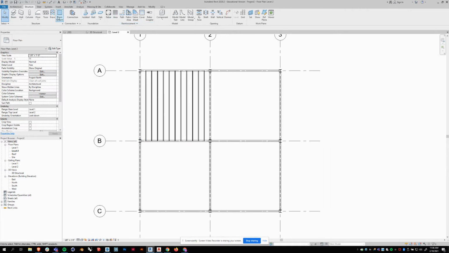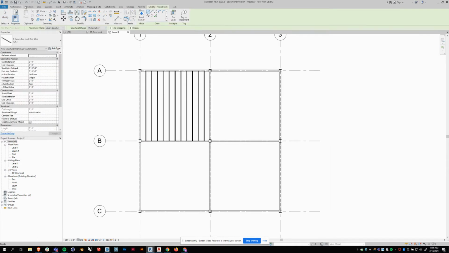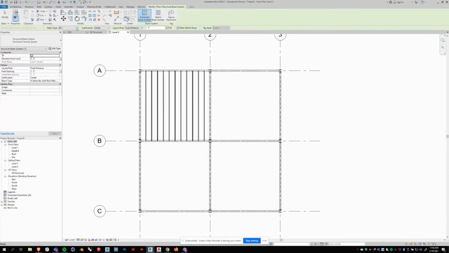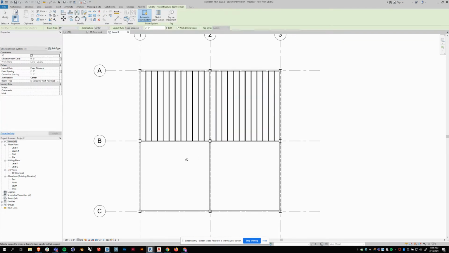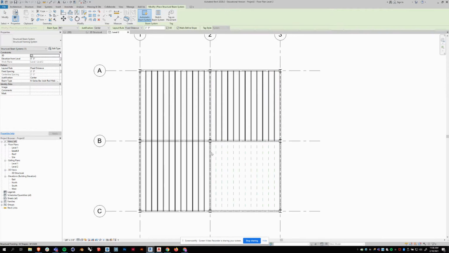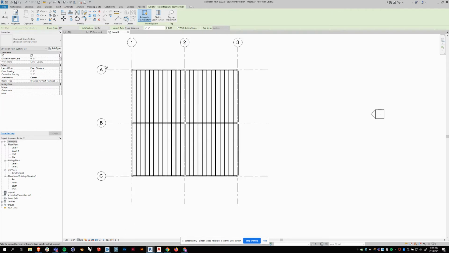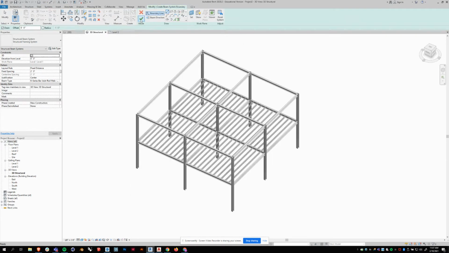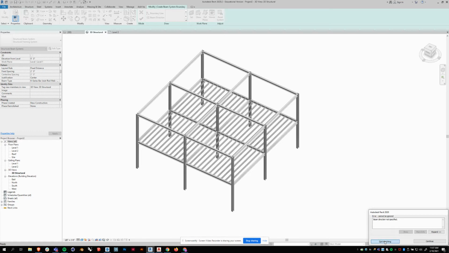I'm going to add the rest of them. I'm going to go structure, beam system. My settings are still there. I'm going to put this bay in, and this bay in all at once. All right, I'm going to go to my 3D structural view, hit the green check, hit quit sketching, and now